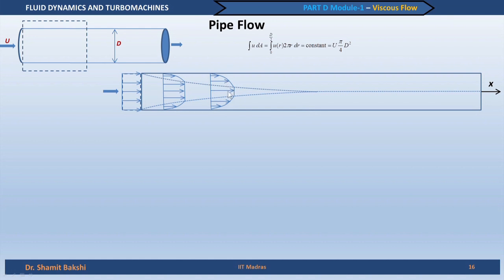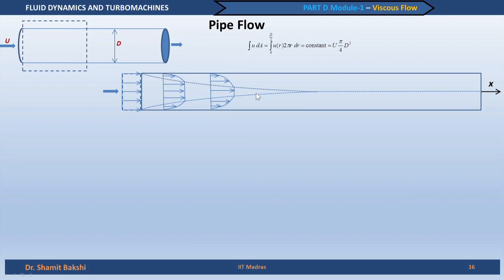The central portion now has even more velocity, more than at the inlet, and as we go forward this increases further and further, because the viscous effect gradually penetrates towards the core of the flow. So if you measure the velocity along the center line of the pipe,